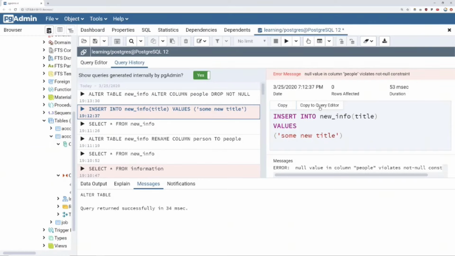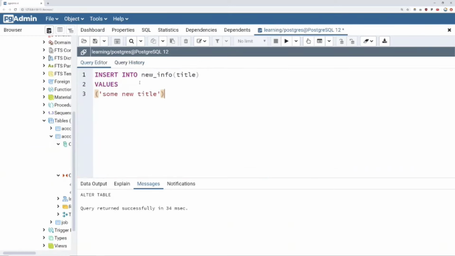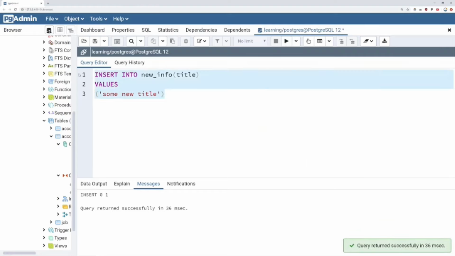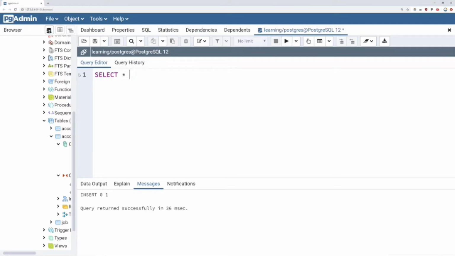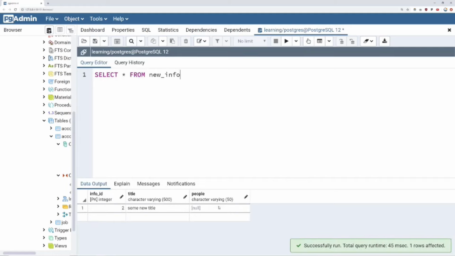You can even copy it directly into the query editor, so I'll just click that. So we're trying to now insert into new info, title, values, some new title. Let's go ahead and run this, see if it works this time. And notice that it was able to work because I had removed that not null constraint. So if I select everything from new info, run this,